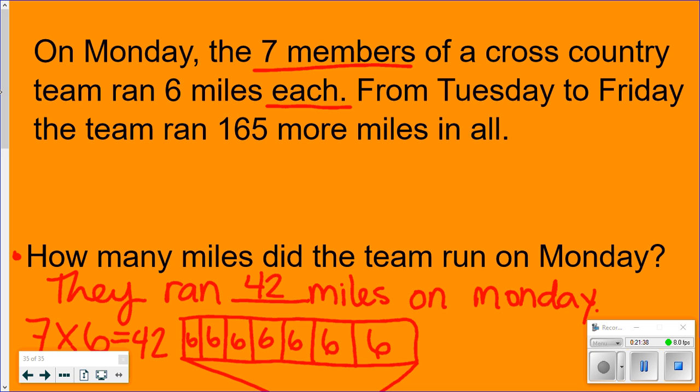Let's listen to our word problem again and see if we can figure out the rest. On Monday, the 7 members of a cross-country team ran 6 miles each. From Tuesday to Friday, the team ran 165 more miles in all. Do I know my Tuesday to Friday miles? Yes, it tells me right in that second sentence. So in my bar,